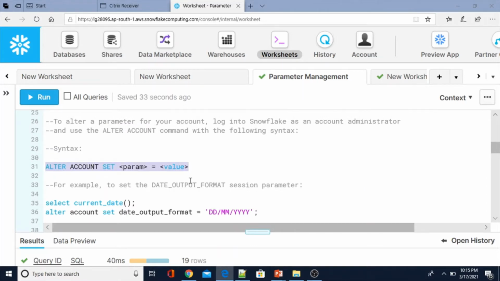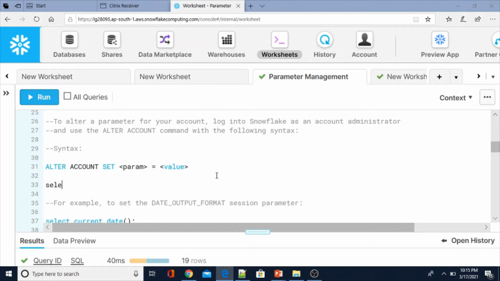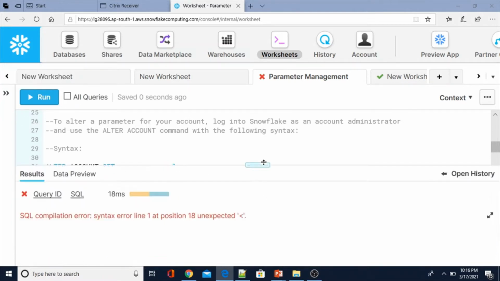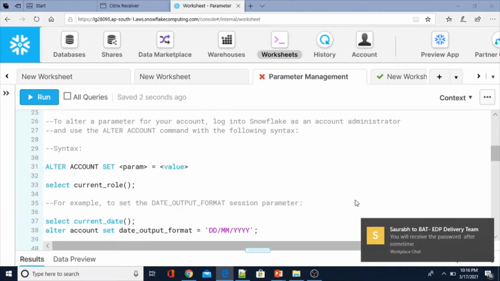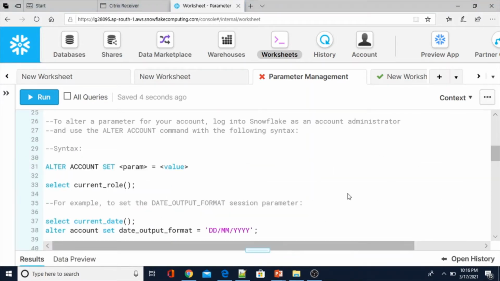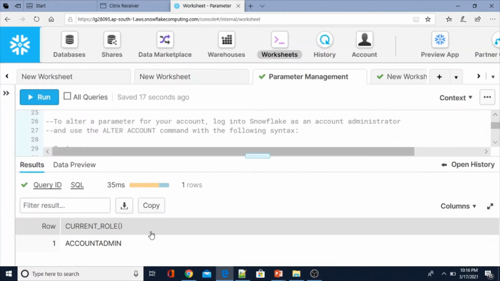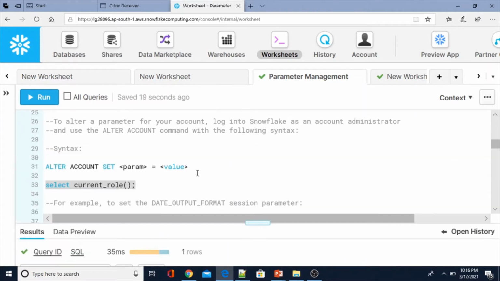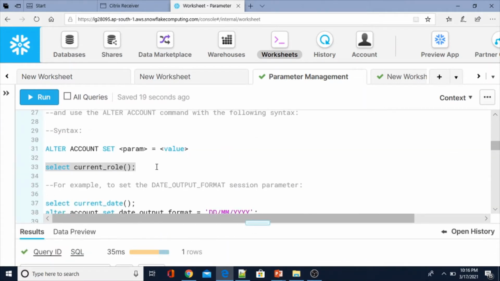Now let me see what my current role is. For that you have to use one of the Snowflake context functions, current role. Okay, account admin. So I can change the account level parameter.